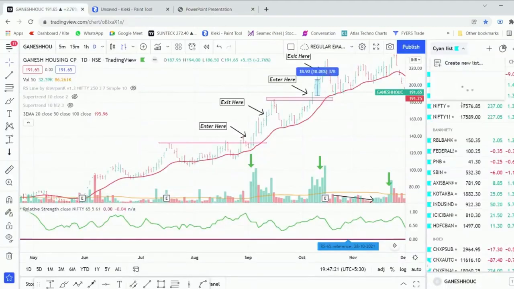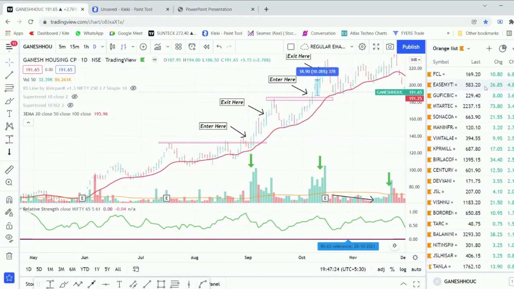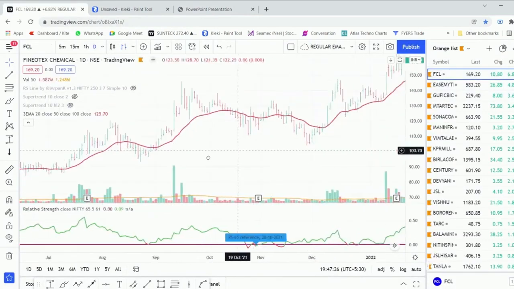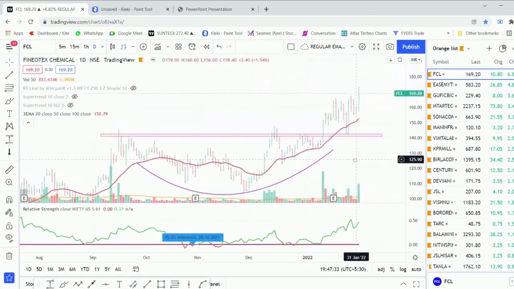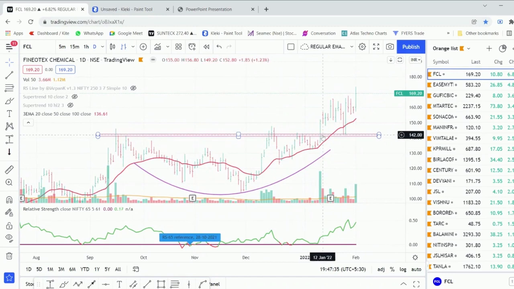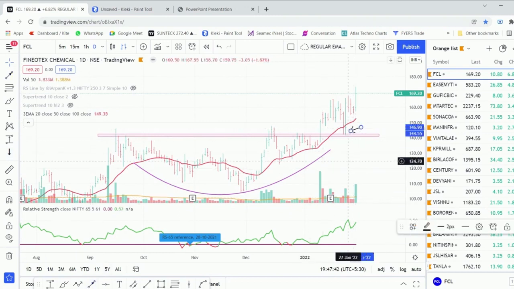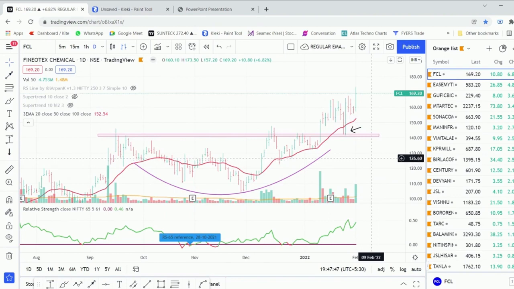For example, if we check the watch list randomly, in case of FCL, this was the 52-week high. Okay, so now if we had entered here at the 52-week high and kept holding the stock until and unless it is breaking the 21 EMA, where here the 21 EMA is not broken. Okay, so you always have to wait for a closing below the 21 EMA, because in this market the intraday volatility can hit you very hard, and hence wait for a closing below the 21 EMA decisively